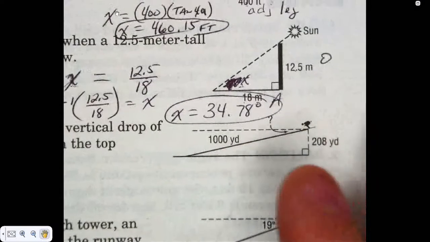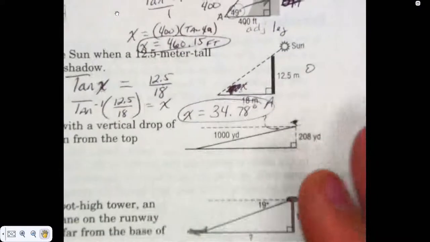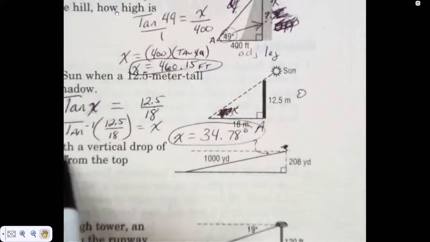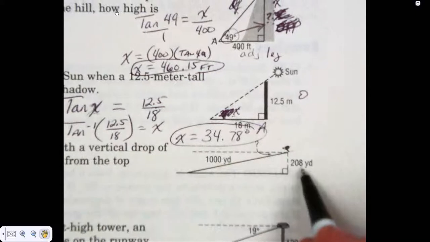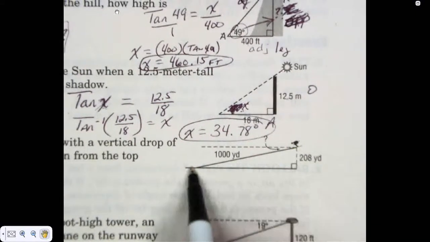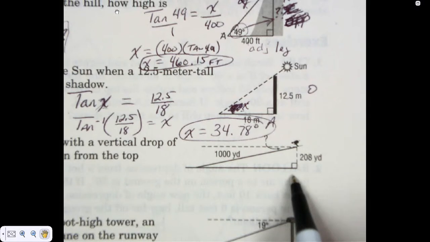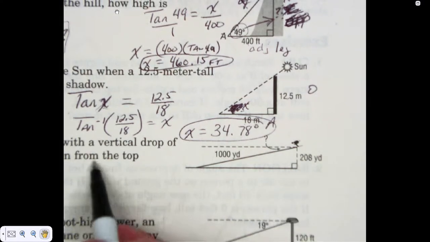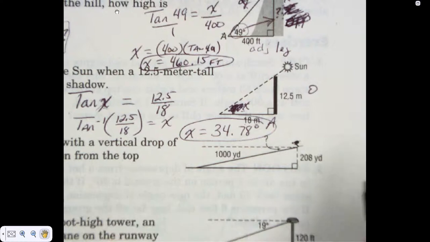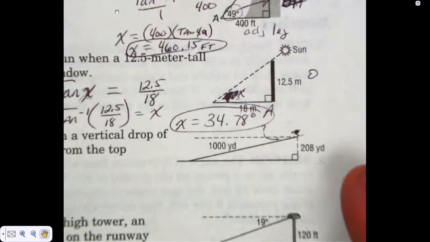Now, this next one. A ski run is 100 yards long with a vertical drop of 208 yards. Do you see how the ski run is 100 yards long, has a vertical drop of what? 208. Vertical means straight down. Find the angle of depression from the top of the ski run to the bottom. Now, so you're wanting to find this angle right here. What can confuse some people,